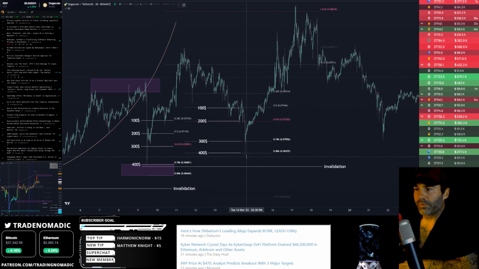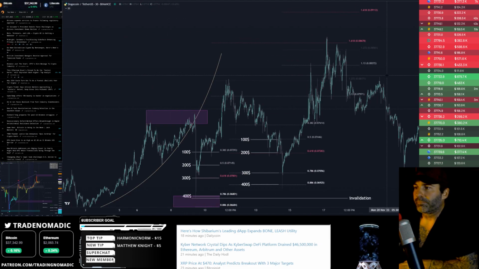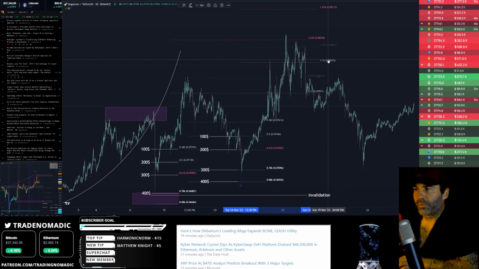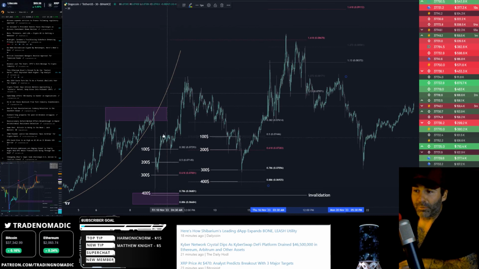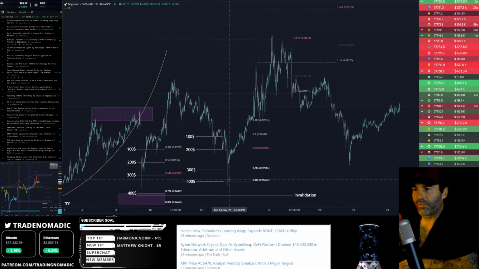You'd say, okay, we've got our pullback. We bought our pullback. Now let's get our extension. And in this case, it hasn't hit the 618 or the 1618 yet. But if we were layering out, well, it actually did hit the 1618 of the previous one. But if we were talking an extension of this correction, you could say